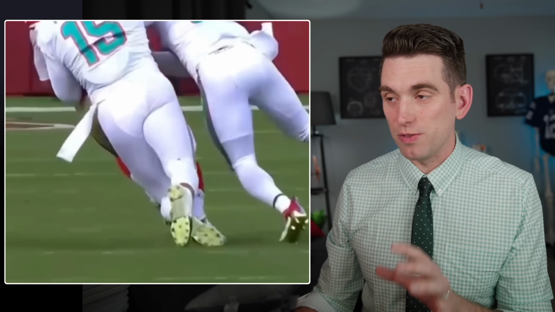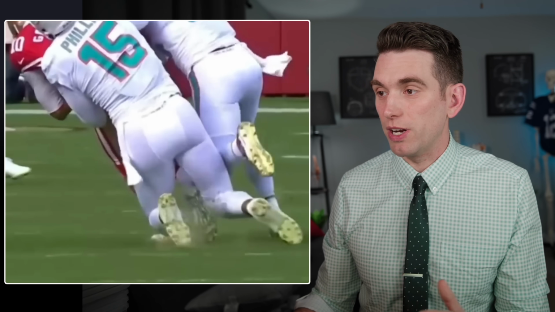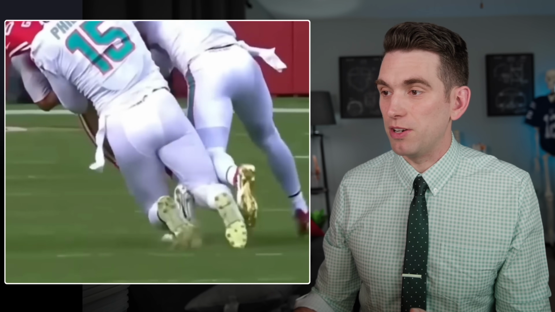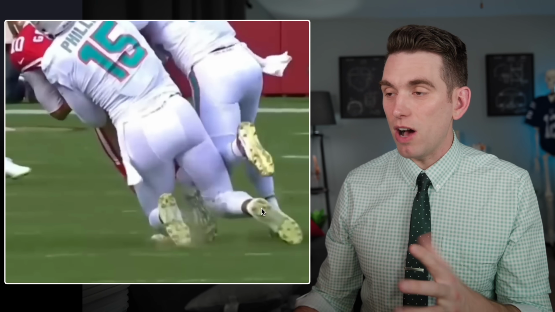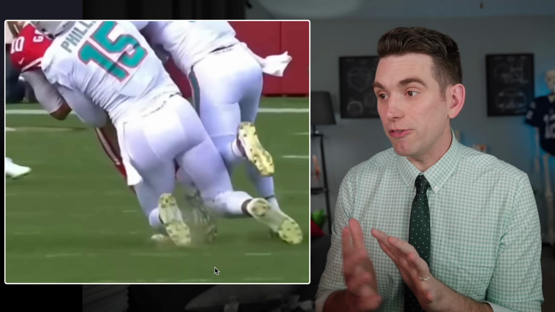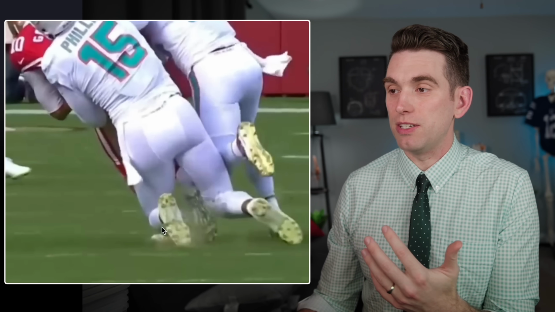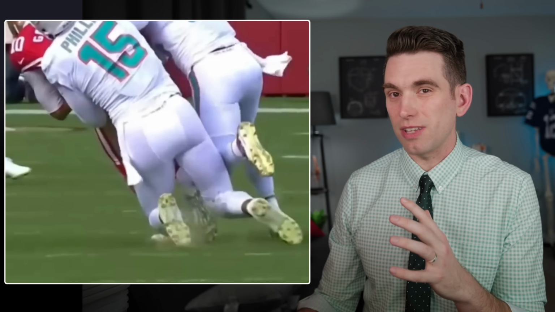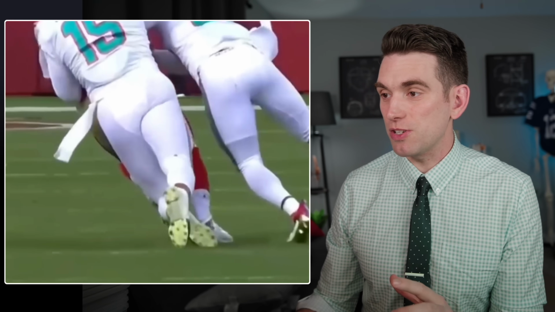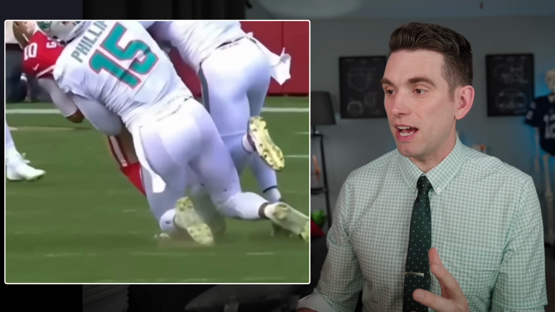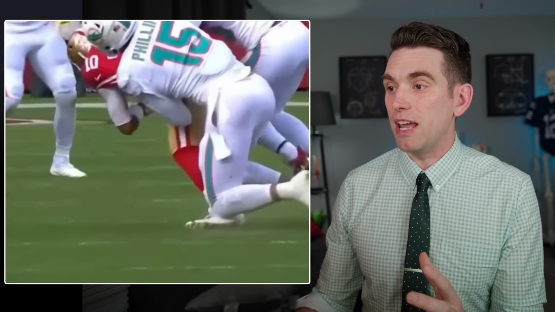Let's start off with Garoppolo's ankle injury because I think it's more straightforward. Of course, as Garoppolo is going to the ground here, if we focus on that left ankle, we can see how awkwardly, I would say more everted, his ankle is relative to his shin. Now, I think this is a little bit of a mix between a high ankle sprain and more of a pure eversion sprain, but you'll see here how as the defender comes off, now we can really see